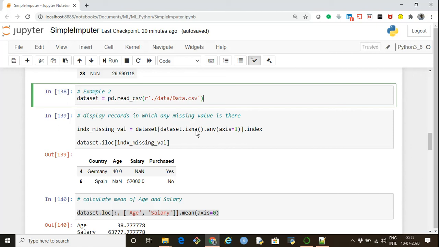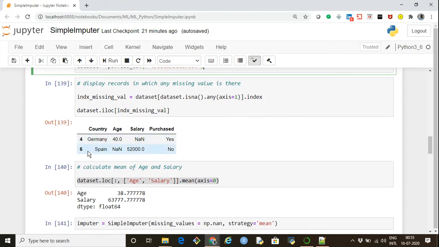So if there is any missing value in any of the columns of the observation, I'm just filtering only those particular records and finding out the index of such records, storing it in another object, and using dataset.iloc displaying only those records where the index is of the missing records. So from this dataset we get only two records which have missing data, that is record number 4, which has a missing value in salary,